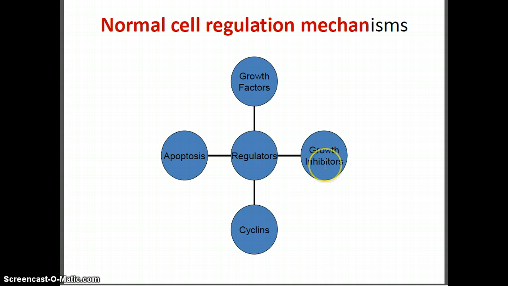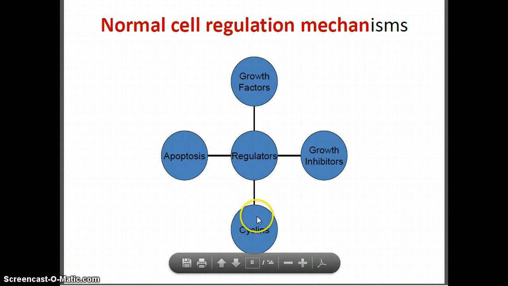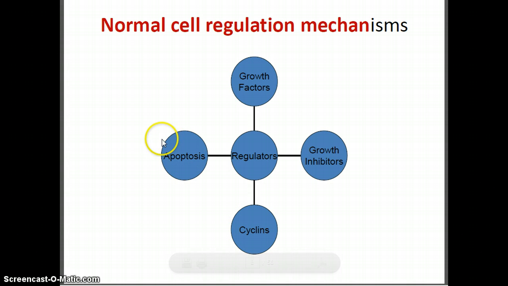All right, here are some normal cell regulation mechanisms. Regulators will inhibit growth, will involve growth factors. We don't want our cells to grow without control. We want our liver cells, for example, to stop growing and producing liver cells when they come into contact with pancreas cells and so forth. Chemicals called cyclins are important in the life cycle of the cell, and apoptosis is normal cell death. Cells do die, and if cells continue to live beyond their lifespan and do not have apoptosis, or if a diseased cell cannot be recognized by our immune system and eliminated, then this is also a problem for cancer.